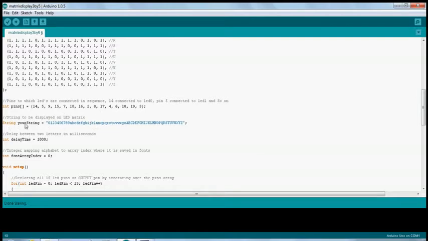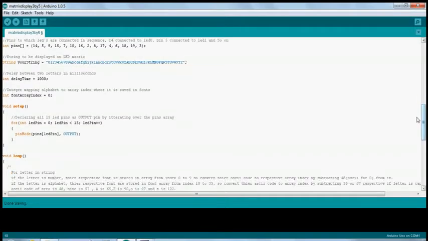And here we will write the string which we have to display on the LED matrix. In the string we can write 0 to 9, small a to small z and capital A to capital Z. Between these characters and numbers, we will be assigning a delay of 1 millisecond. Now this statement is for giving that delay.